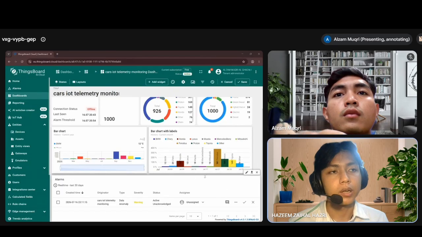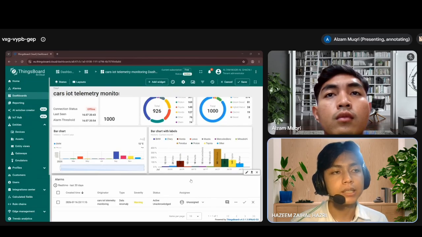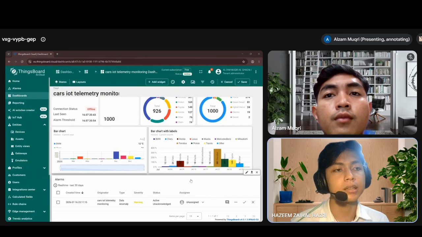It's not just a dashboard. We combine two signals from our analysis into one flag called needs_review. If it's true, if either the decision tree's prediction was wrong, or the anomaly detector found something unusual, then in ThingsBoard, we set up an alarm rule. Whenever the flag comes in a true state, it automatically raises an alarm, so no one has to manually check what's wrong inside the data.